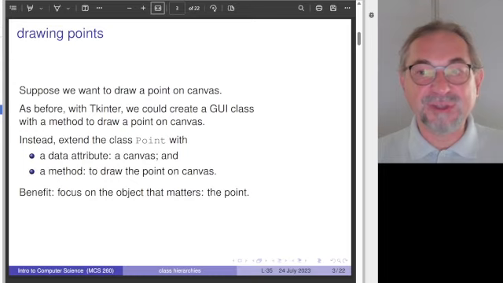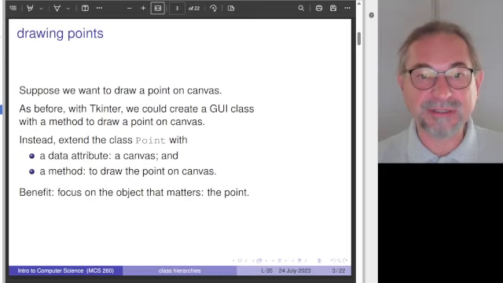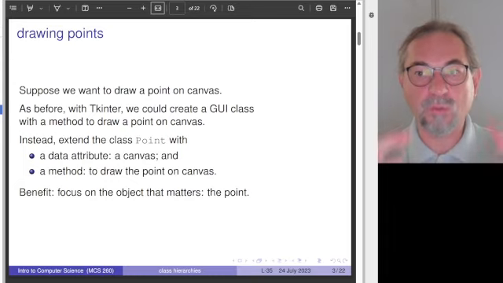All right, so these considerations aside, we will have one widget throughout this lecture. Instead of having the GUI determine the entire application, as was the case in the previous lecture,